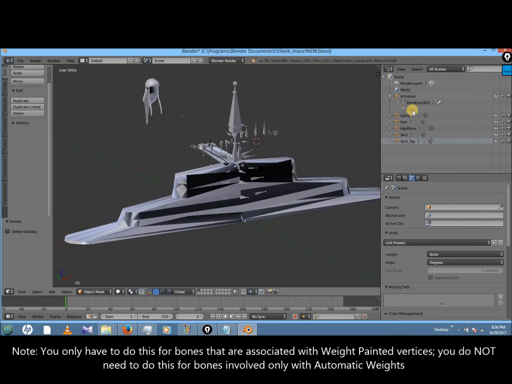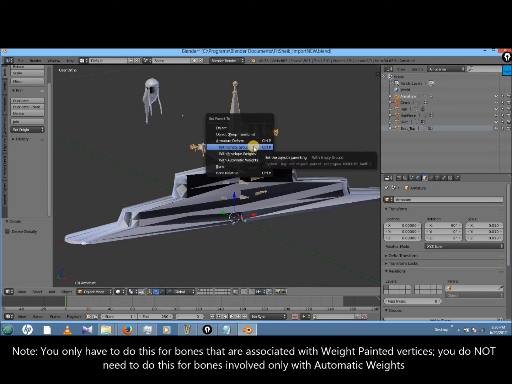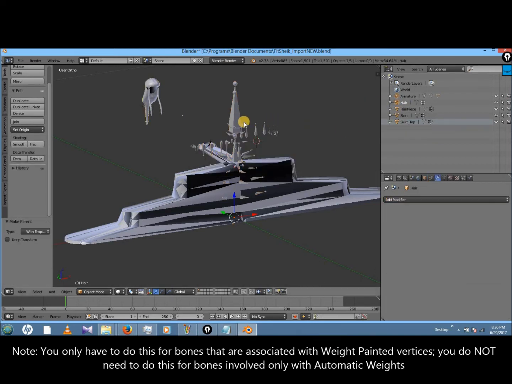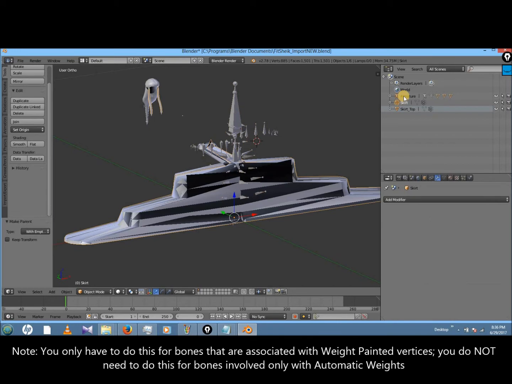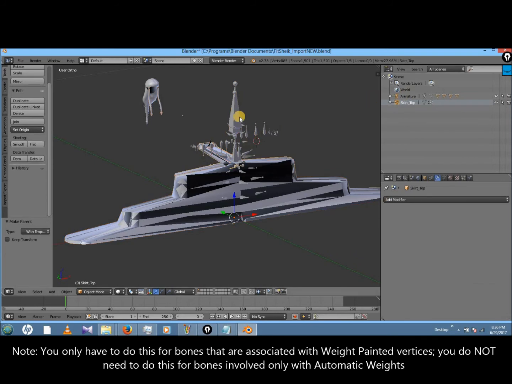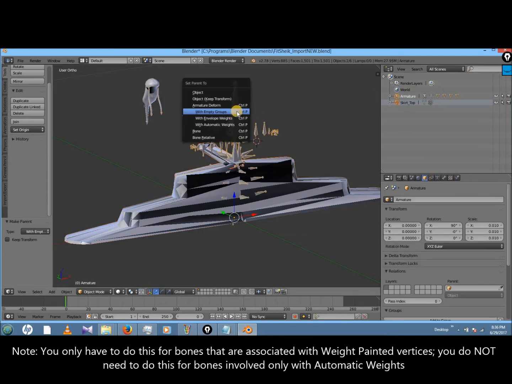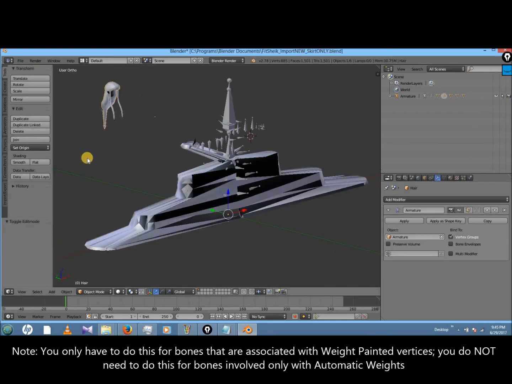Then reparent them to the armature with Control P, with empty groups. And notice that you can't really do both clicks in the outliner and then in the 3D view, or else it might do the wrong order for the parenting, because it's weirdly glitched. Okay.